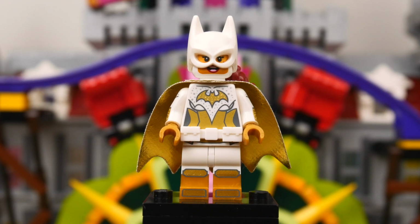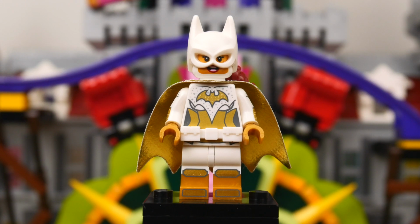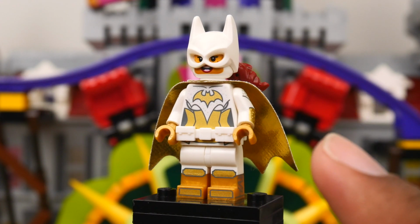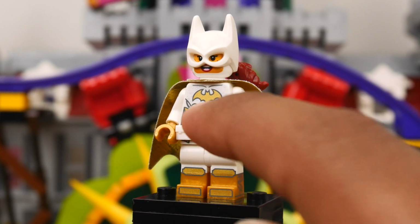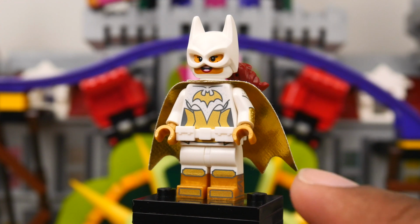Disco Batgirl is officially one of the coolest Lego minifigures I own. Seriously, this is definitely one of my favorite DC minifigures, and I feel like it's up there in at least my top 20 minifigures of all time because she is just insane. That white cowl is exclusive to this figure. I love the white and gold. She has way more gold in her costume than anyone else because of the dual molded boots. She has that whole chest section in gold, and I also like that she comes with a